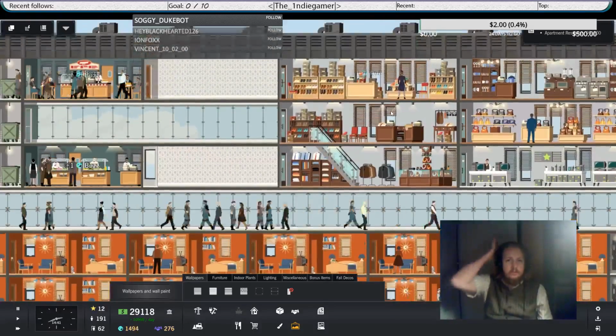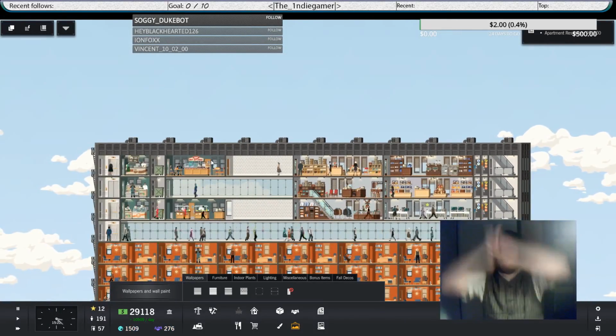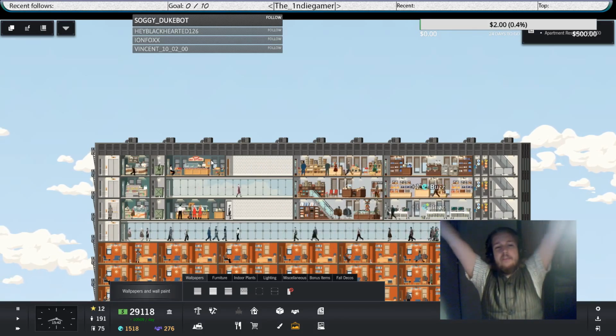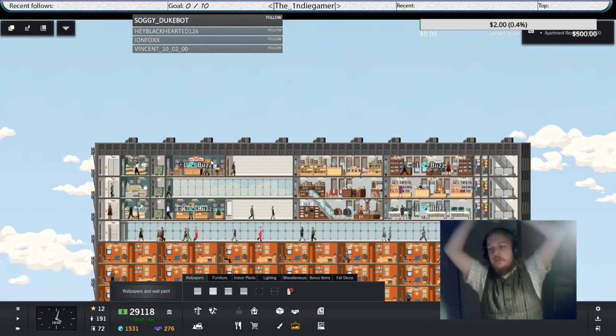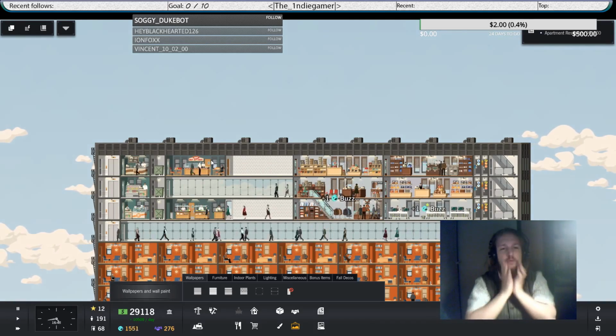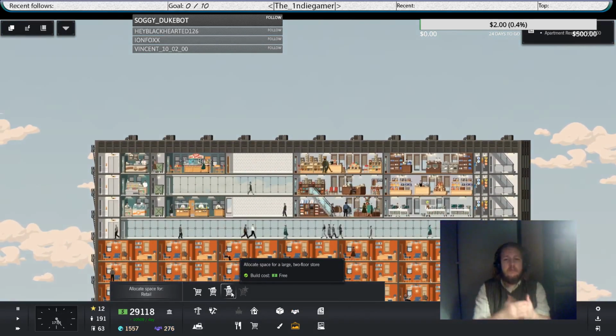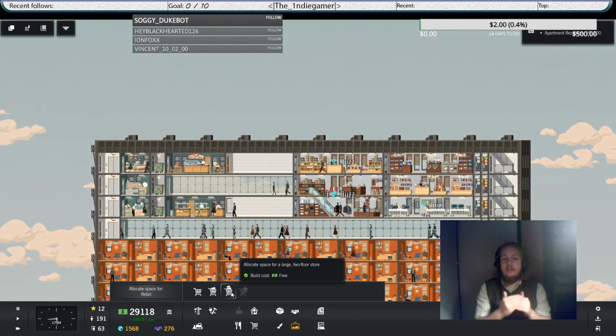Alright, so that's another shopping floor done. We have some food here as well. The only thing that I don't really have right now is a food floor, a proper food floor for the large restaurants. But I'm probably gonna end up making a